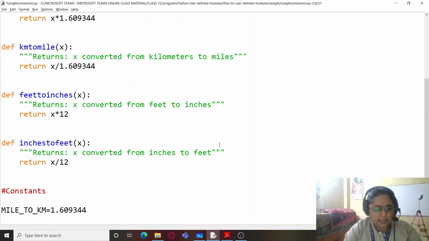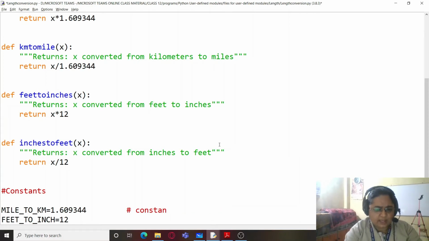And the second one is feet to inches, feet to inch, which is equal to 12, and I'll be naming these also constant for converting.